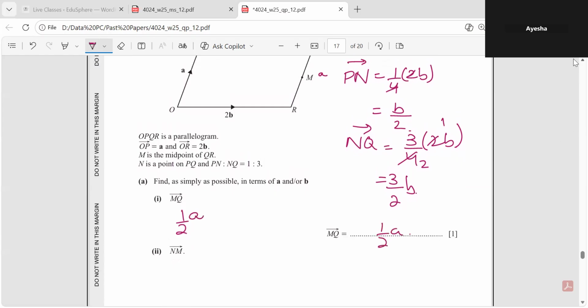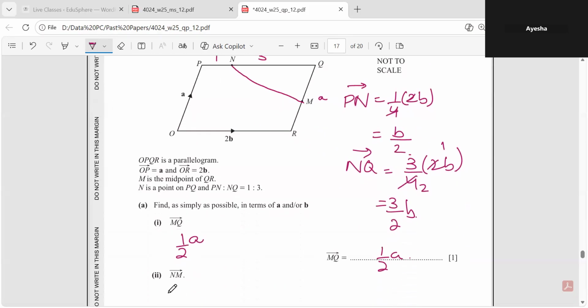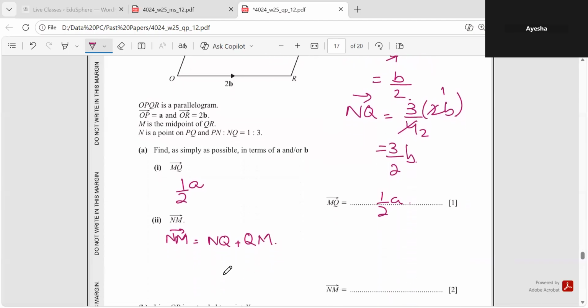Now we have to find out the value of NM. So this value basically we have to calculate. NM will be equals to NQ plus QM. Now NQ, we have already calculated. So I'm going to write NQ as 3/2B